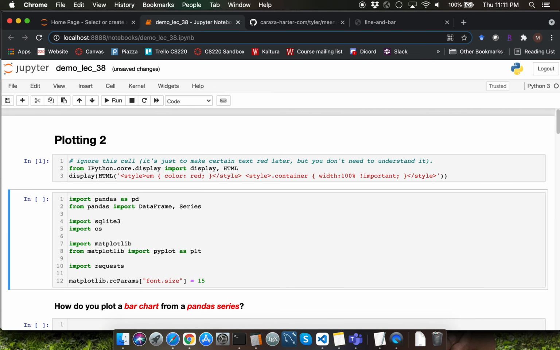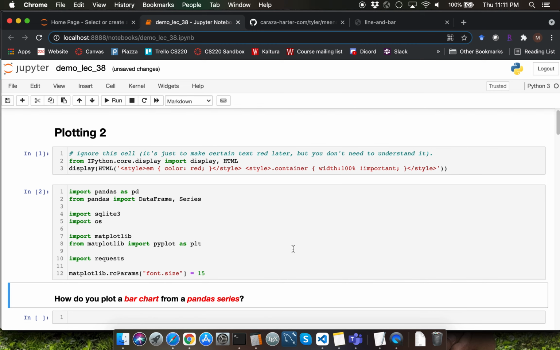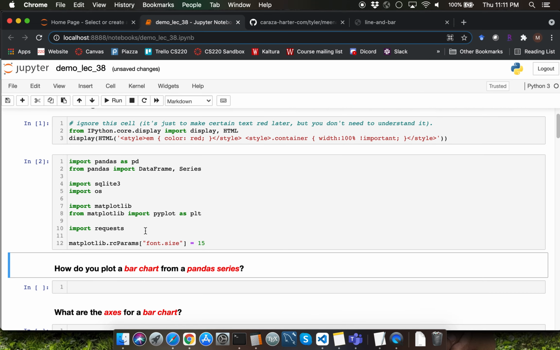We are going to get started by discussing the import statements provided as part of the template notebook file. Recall that we have been using the pandas module to produce plots. Because pandas integrates with the matplotlib module, I'm importing pandas with the abbreviation pd. From pandas, I'm importing DataFrame and Series so that I don't have to keep typing pd.DataFrame or pd.Series for every single example. Then I'm importing sqlite3 and os modules.